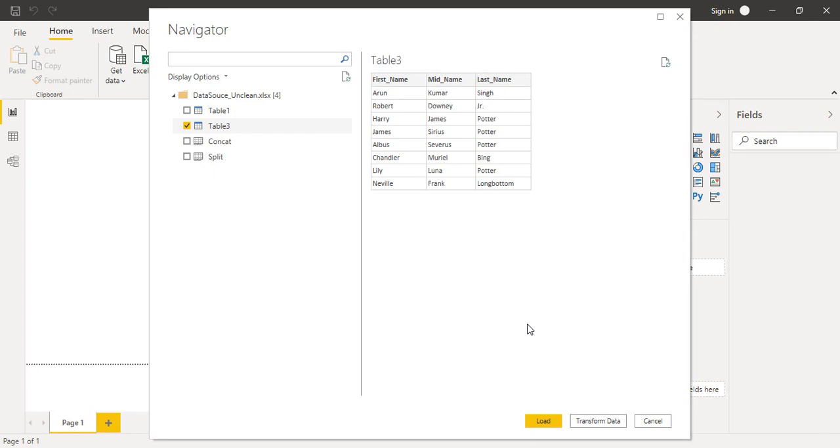Now what happens in general sense, or up till now we have been just clicking on the load data button because our data was clean. We didn't require any kind of transformations in it, but in this case we want some transformation. We want this data to be concatenated first and then loaded into Power BI. So for this purpose we have to select the second option, that is the transform data option, and when we click on it, we get something that is known as the Power Query Editor.